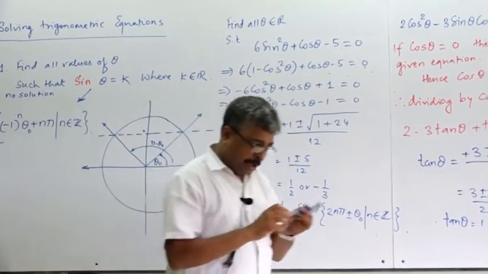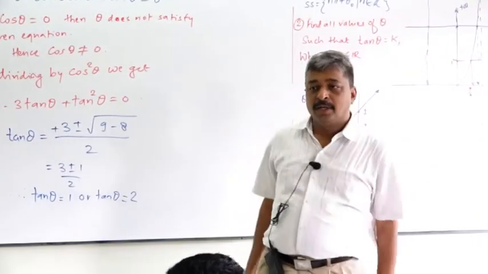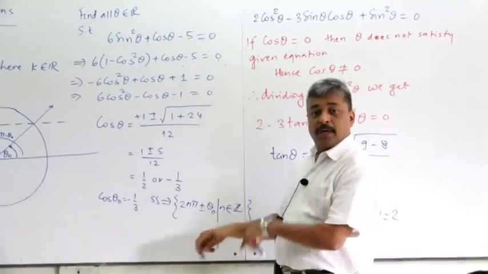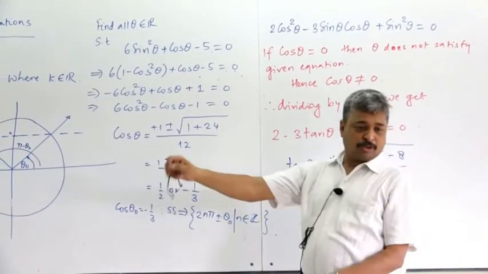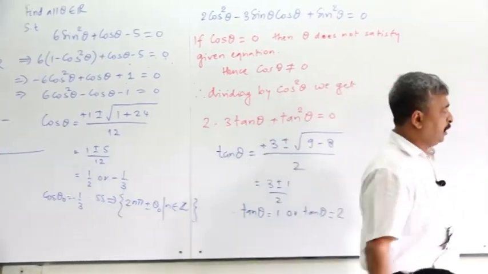In multiple choice questions, there can be many correct answers among options A, B, C, D. So in that case you may get the answer like this: this is also a solution set, option B, other one option A. That is also a solution set which is correct, sort of. So you need to be alert in finding out those.